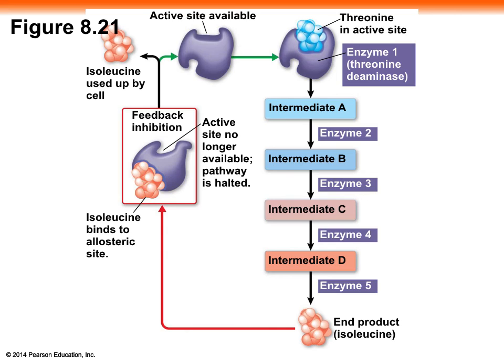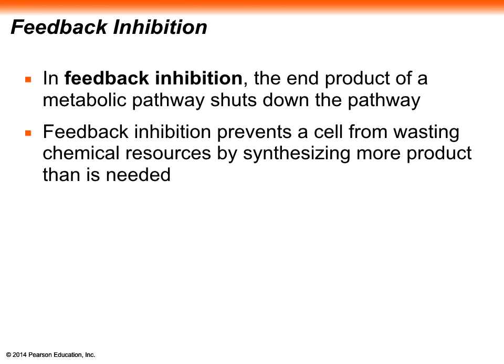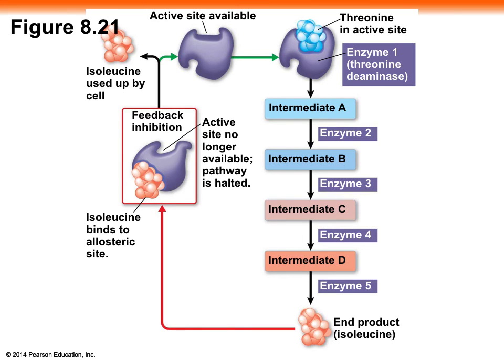And the products themselves inhibit the actual pathway. That is an example of feedback inhibition. We're moving forward making these products, but the product itself will also be able to regulate the pace at which the enzyme makes more and more isoleucine, because isoleucine can bind to the allosteric site and slow down